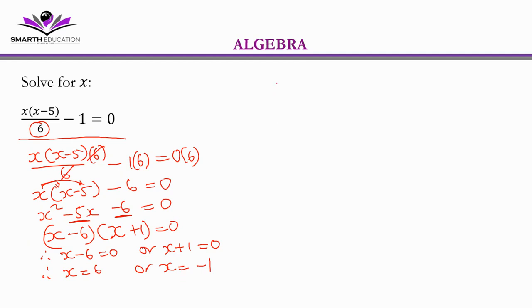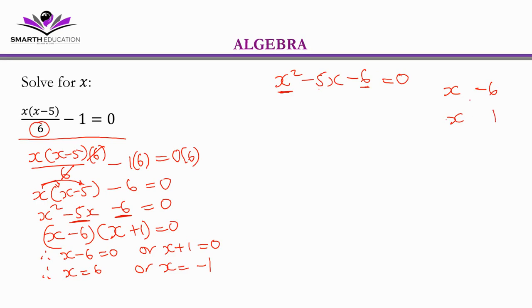But remember, we can use this method. x squared minus 5x minus 6 is equal to 0. So we break these into their factors: x squared to be x and x. And then the factors of negative 6 that can give us negative 5. Let's just try negative 6 and